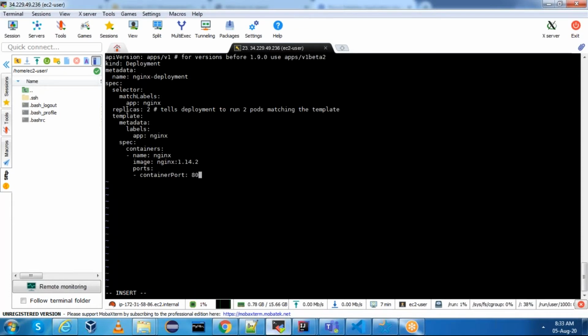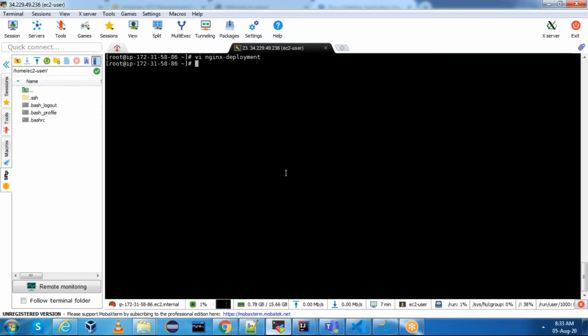Here we mentioned two replicas, so that two pods matching the template will run, and this is the one. Save this. Now use kubectl apply -f nginx-deployment.